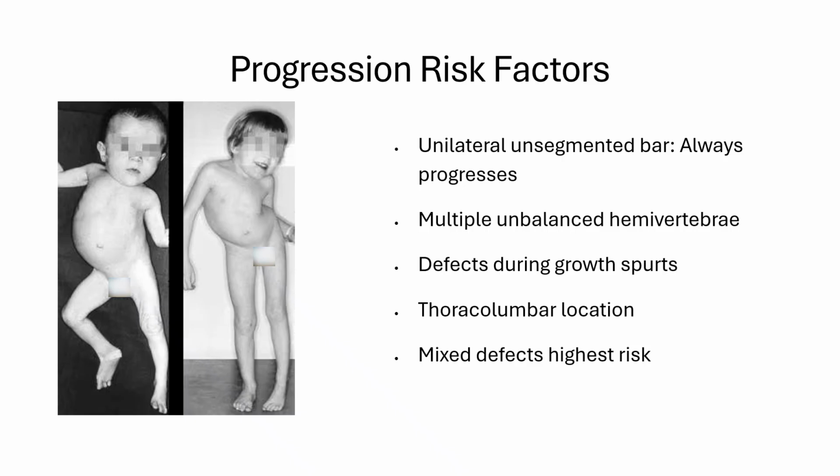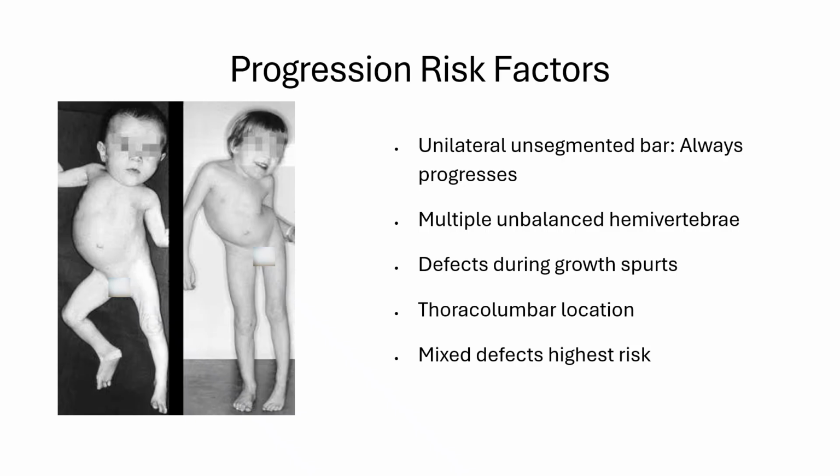Picture a growing tree with a rope tied around one side. As the tree grows, the rope becomes increasingly tight, forcing the tree to bend away from the restricted side. This same principle applies to spinal bars, where one side cannot grow while the opposite side continues expanding normally, creating inevitable progressive curvature. Multiple unbalanced hemivertebrae compound the problem by creating several wedge-shaped vertebrae that all contribute to the same